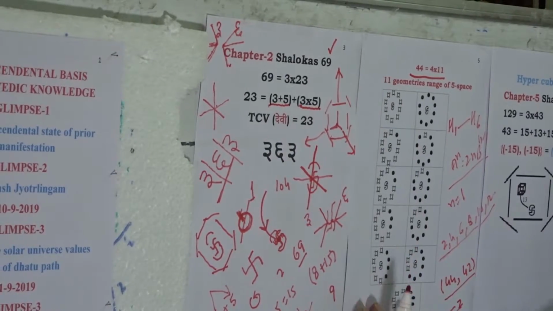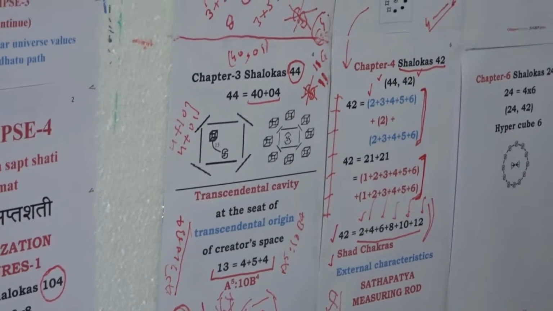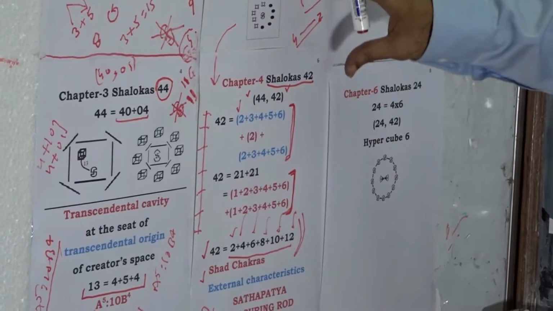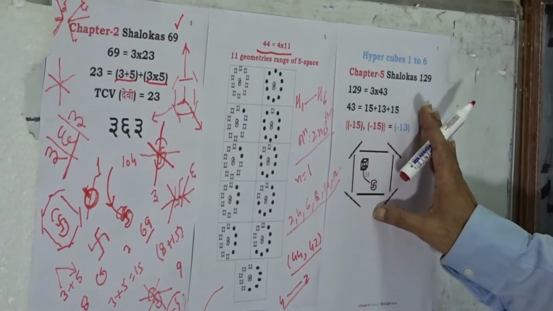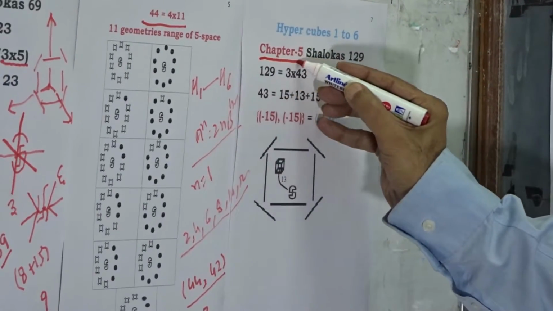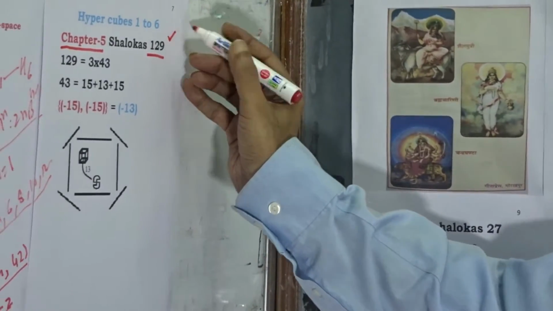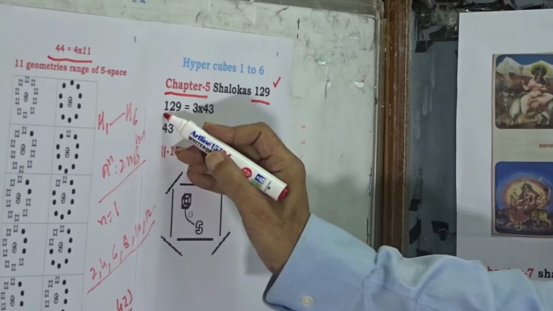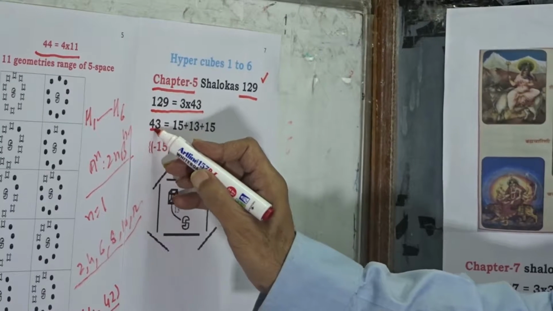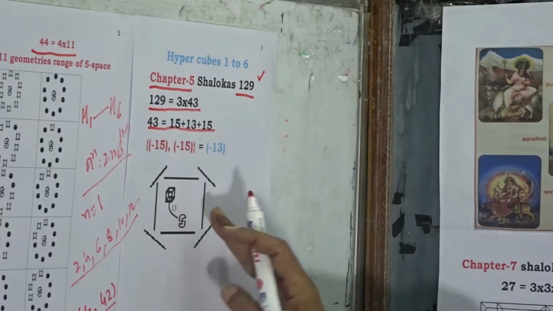A step ahead, a reach at value 44, and a step ahead there being a reach at value 42. Now these 4 steps reach as it is will be taking us a step ahead to value 129. Chapter 5 of Durga Saptashti is a scripture of 129 shlokas. Now we know value 129 is equal to 3 into 43. Further we know 43 is equal to 15 plus 13 plus 15, and we know within a spatial order